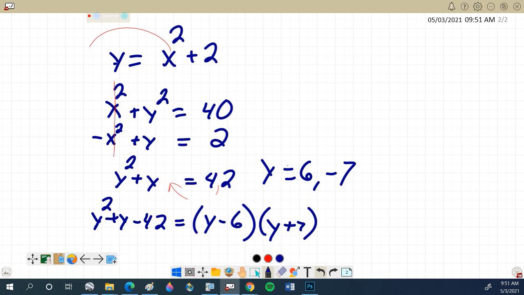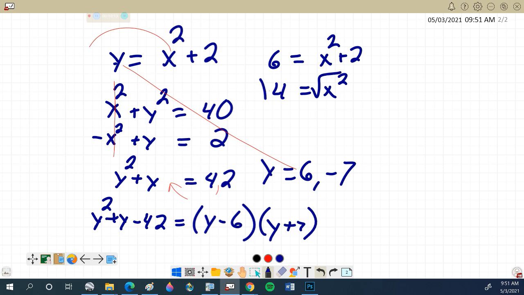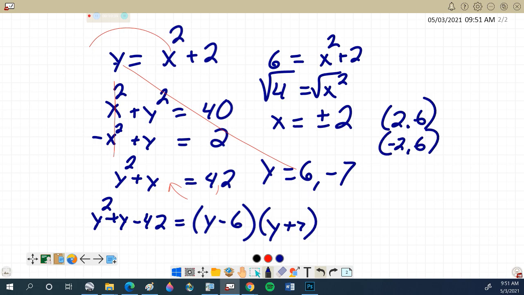I'm going to stick 6 in. 6 is equal to x squared plus 2. I subtract the 2. What's my next step? Take the square root, and I get x equals, not 2, plus or minus 2. How does that work? It's saying when y is 6, there are two x's that are valid. So 2 comma 6 and negative 2 comma 6, which is exactly what we got when we did it the